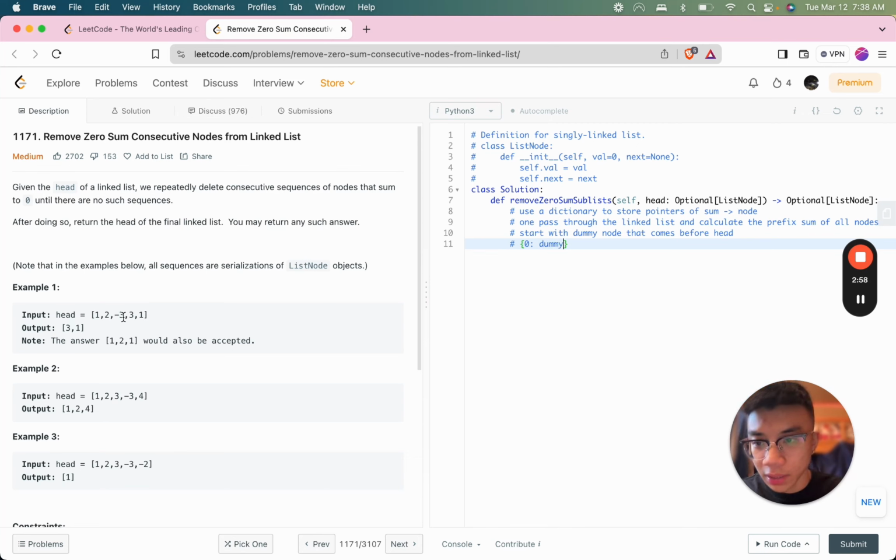And then when we get to over here, it will be 0, but it would point to -3. So essentially, it would replace the 0 that we have already. So instead of 0 dummy, it would be 0 -3 node. So when it replaces the dictionary key after the first pass, in our second pass, we could